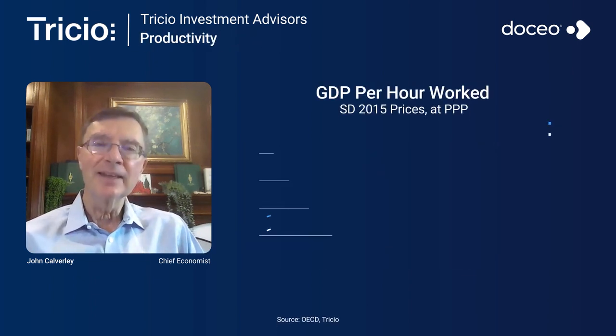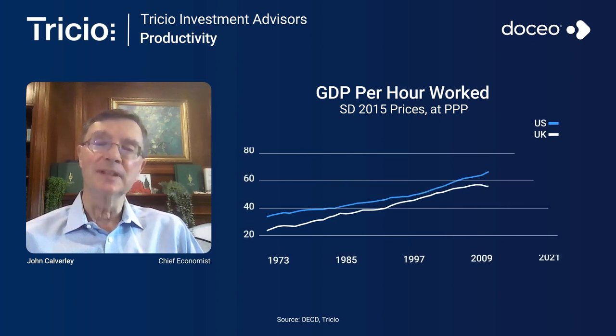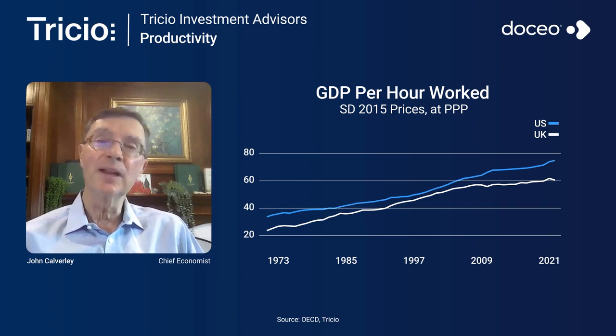So another factor to look at in thinking about growth is productivity trends in the US and the UK. And what we've seen over the long run is that UK productivity did very well in the 70s, 80s, and 90s, catching up with the US. This is looking at productivity output per hour. And then around the turn of the century, the UK hasn't done as well. And since about 2008, it's done very poorly. And productivity growth has been very weak compared with the US. So another factor is that during recessions, the UK seems to underperform compared with the US.